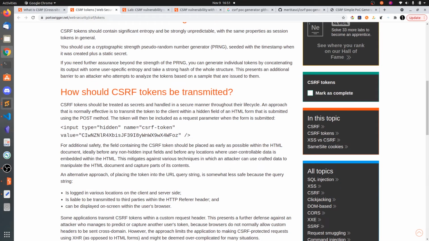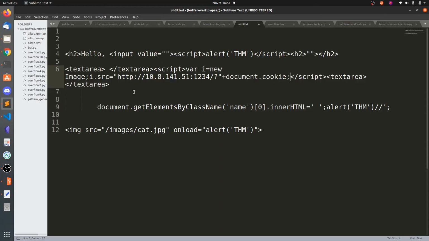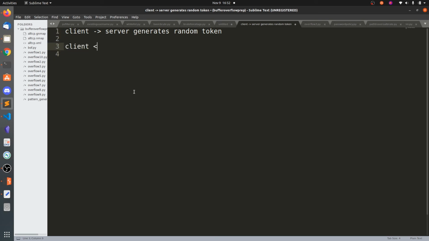So whenever the client gets logged in, or even before logging in, it sends the first request, the server generates a random token, and this is given to the client by the server.